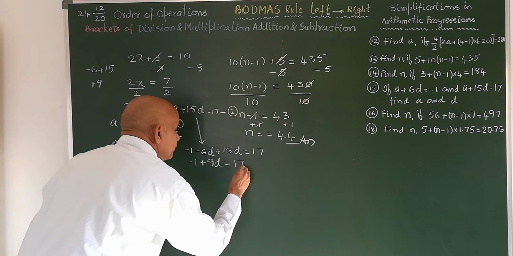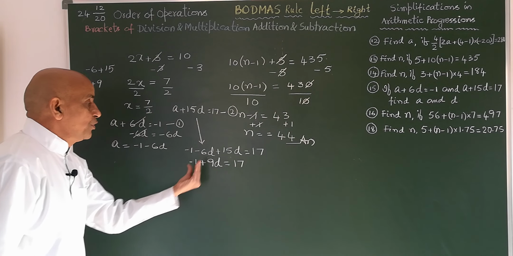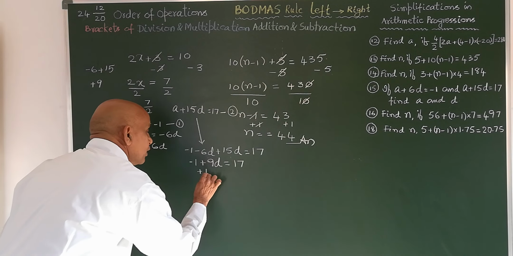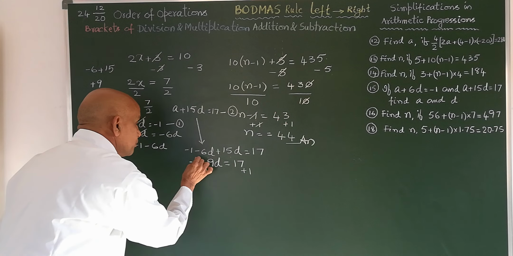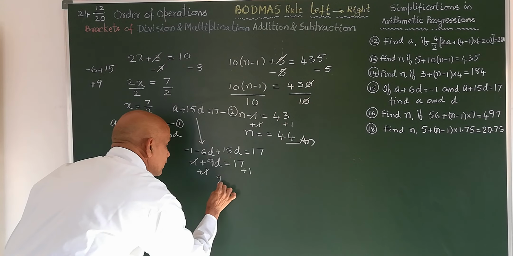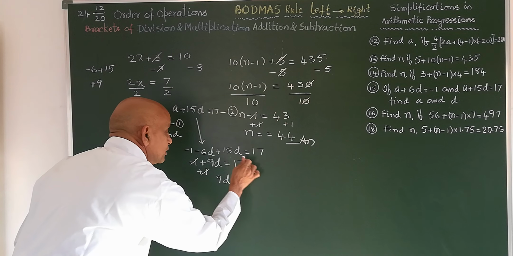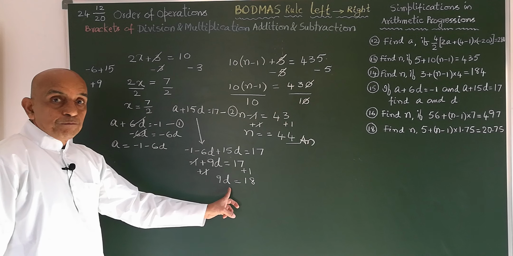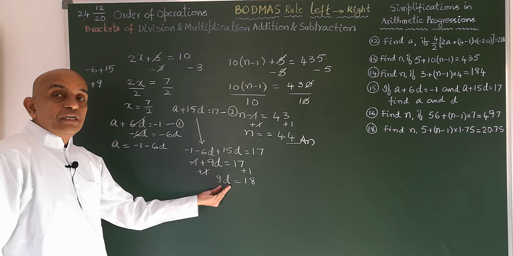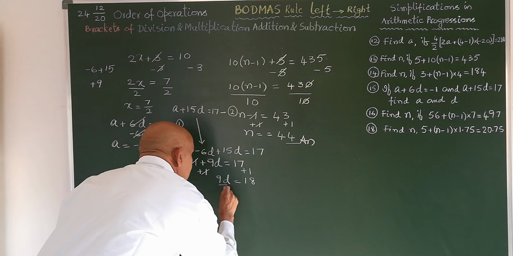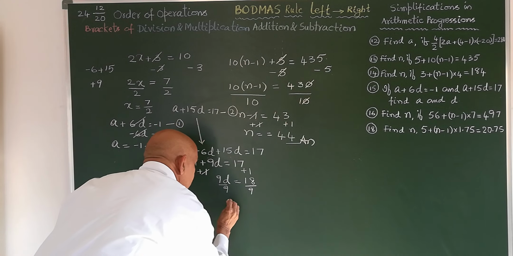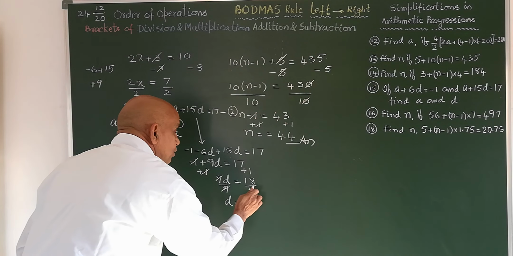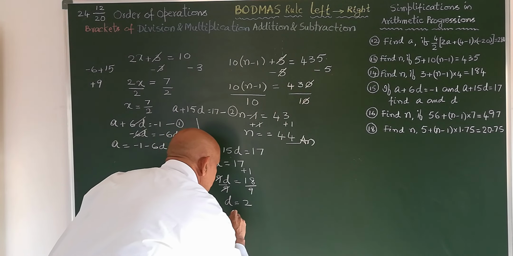Is equal to 17. Now this minus 1, if you transfer that side, it becomes plus 1. How is this becoming plus 1? We are adding 1 on both sides. This minus 1 plus 1 gets cancelled. 9d is equal to 17 plus 1, 18. Now 9 is multiplying with d. So the reverse operation for that is division. So divide by 9 on both sides. This becomes d is equal to, this 9 and 9 cancels. So 9 twos are 18, d value is 2.